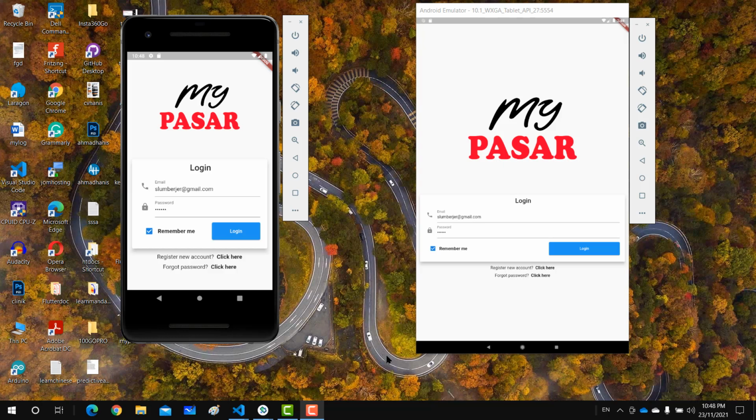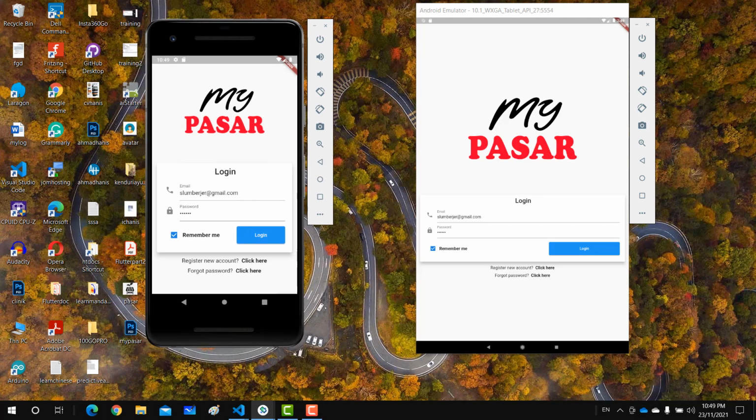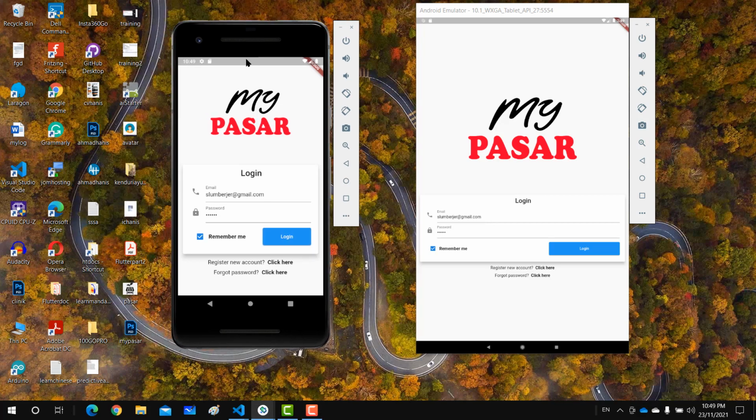Alright, so welcome to another Flutter tutorial, and today we're going to look at what we call responsive page design. As you can see, the left side of the application here is a login page running on a mobile phone, on an AVD, Android virtual device, Pixel XL, which has a phone aspect ratio,